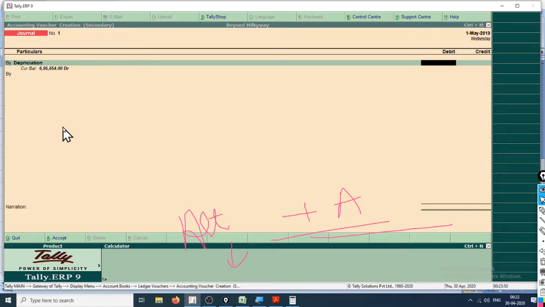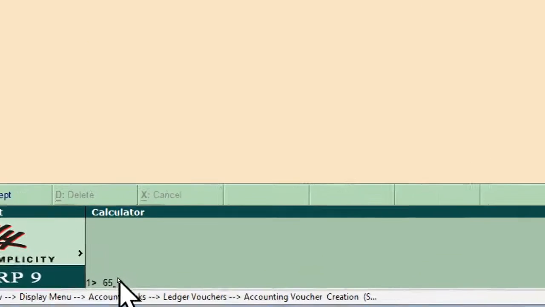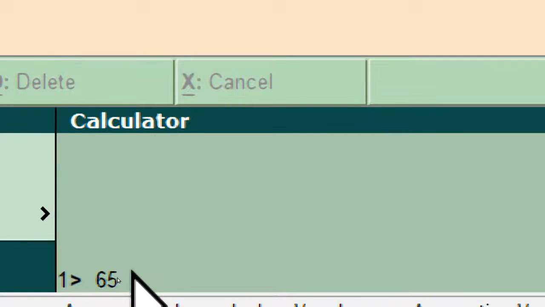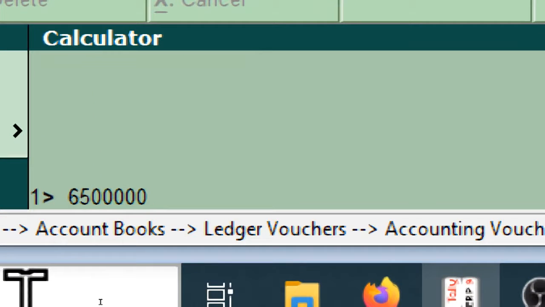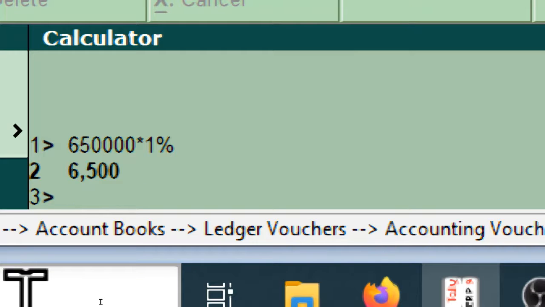If in doubt, you can calculate that amount again. 6,50,000 into 10%, enter. 65,000 for 11 months.